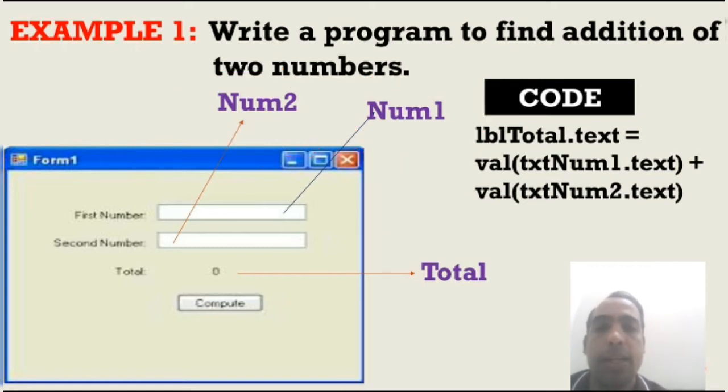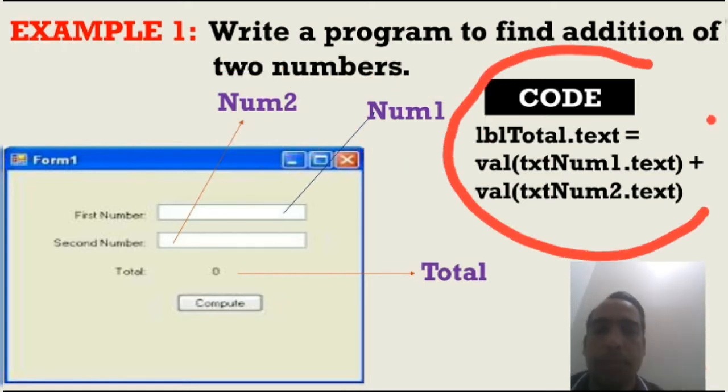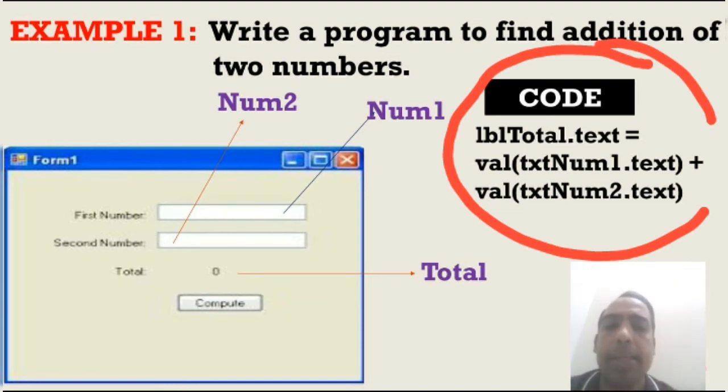Now you can see the coding part. In this code, LBL means label and val means value. LBL total dot text equals val of txt num1 dot text plus val of txt num2 dot text.